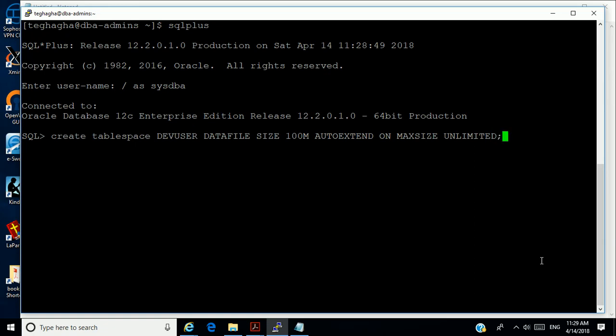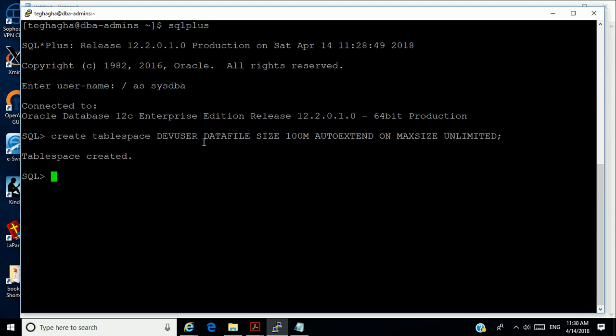What this means is that I'm creating a tablespace that's going to start off as 100 megabytes, and the tablespace can autoextend to a max size of about 31 gigabytes, which is the max size of a normal tablespace. So that's what I'm doing here.